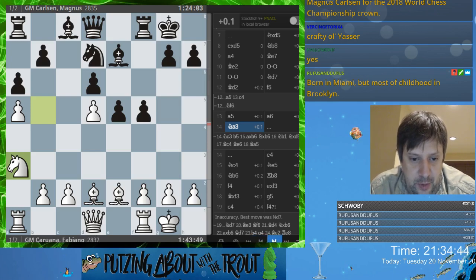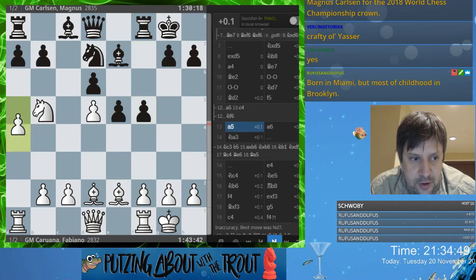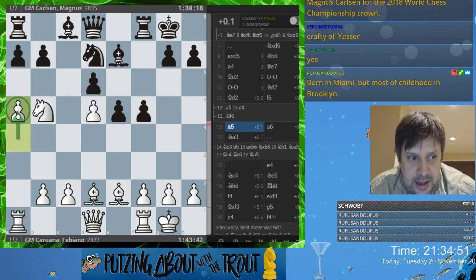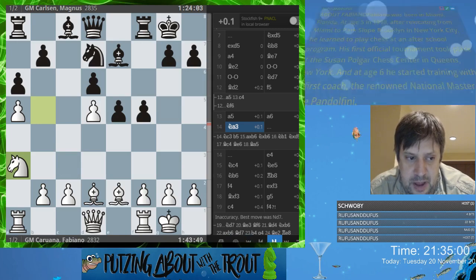All right, let's get back into this game, guys. Let's finish this up. Maybe we can play a few games. So we were just looking at this line here. Fabi has taken a little extra space with this move, a5. He's clearly still in his preparation. a6, knight to a3. I still believe that knight to c3 is a playable line. Halvard seemed to think that maybe that wasn't the case, but...